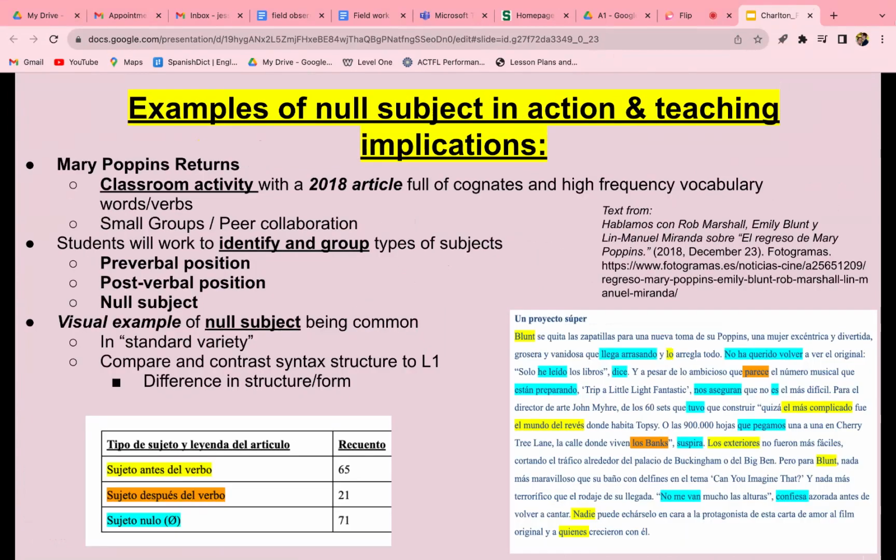Here's an example of a class activity that I did a few years ago, and that I wanted to share with you guys in this presentation. So the students at this time were really interested in the Mary Poppins Returns movie with Lin-Manuel Miranda. And I utilized this as an opportunity to incorporate this Spanish article. Hablamos con Rob Marshall, Emily Blunt y Lin-Manuel, sobre el regreso de Mary Poppins. I took a portion of the article, and the students worked in pairs or in small groups of 3,